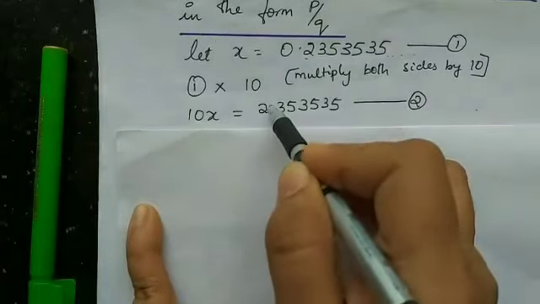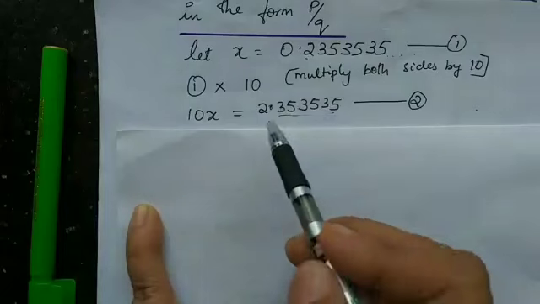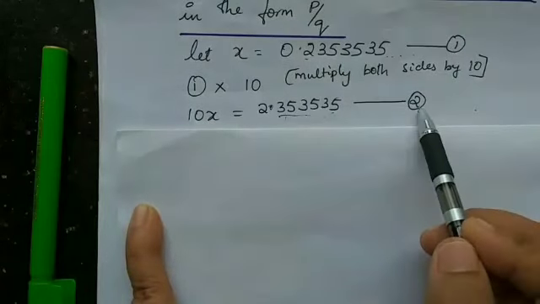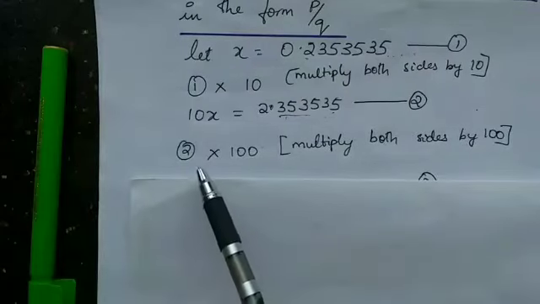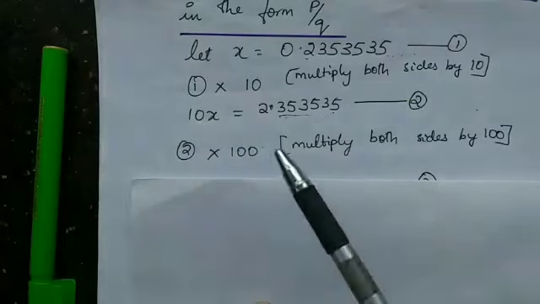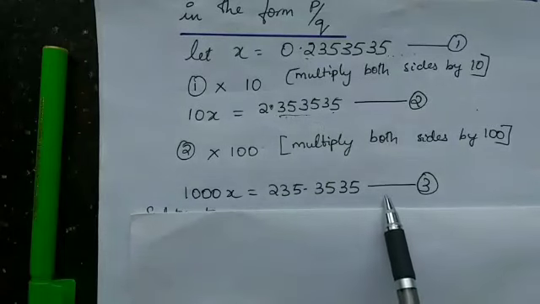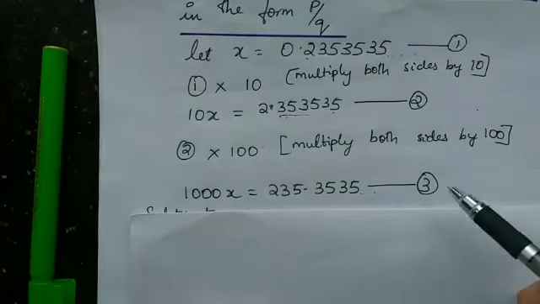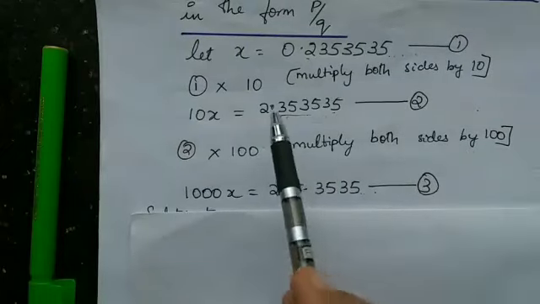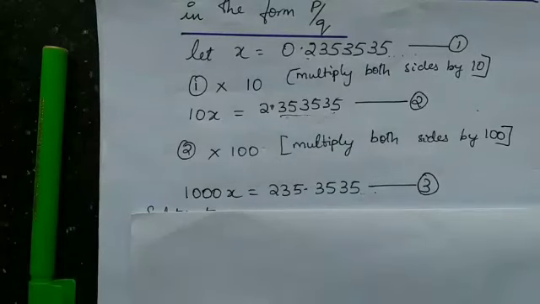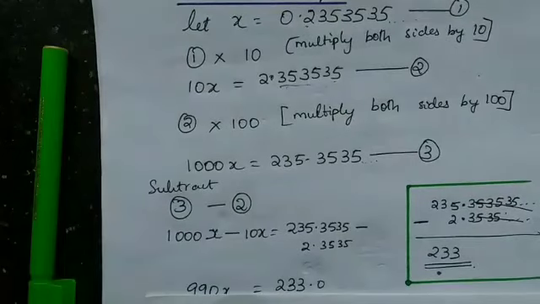Here after the decimal point, we have got the repeating digits. After this, the real procedure starts now. Since here 2 digits are getting repeated, we are going to multiply equation 2 by 100. So after multiplying equation 2 by 100, you get 10x into 100 is 1000x. So 1000x is equal to 235.353535, it goes on. So you have got equation 3 also. Now we are going to subtract equation 2 from equation 3 such that all the digits after the decimal point disappear. So 1000x minus 10x, you have the working column in the green column here.